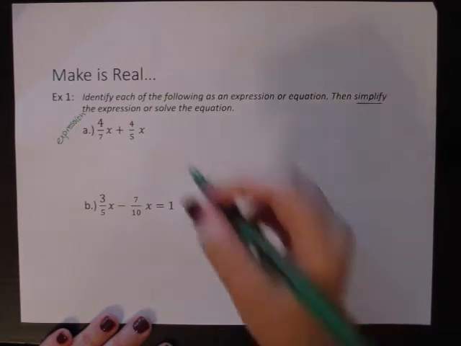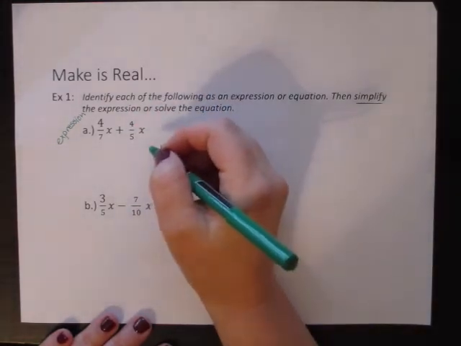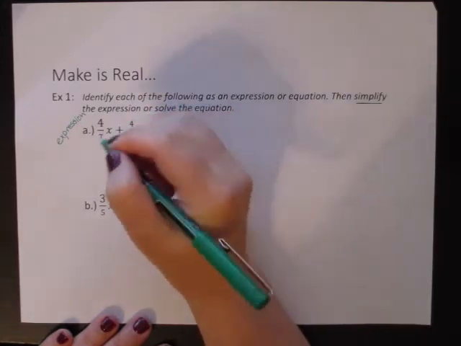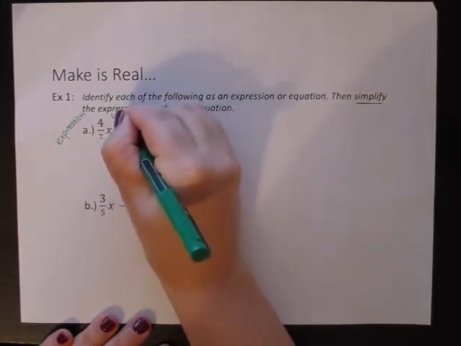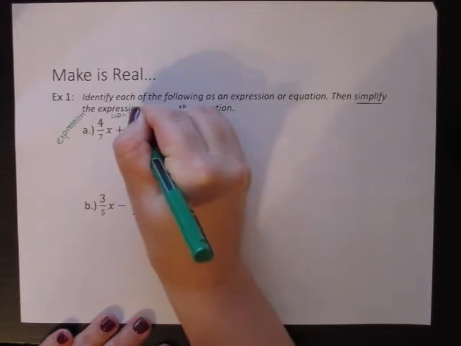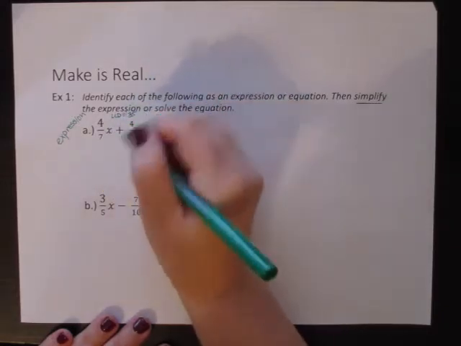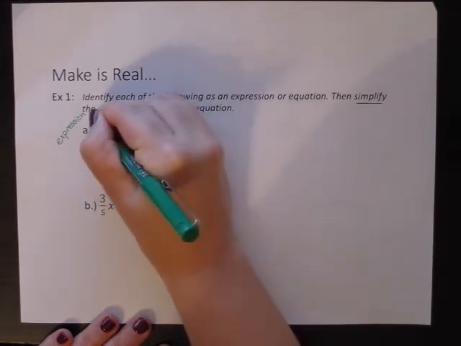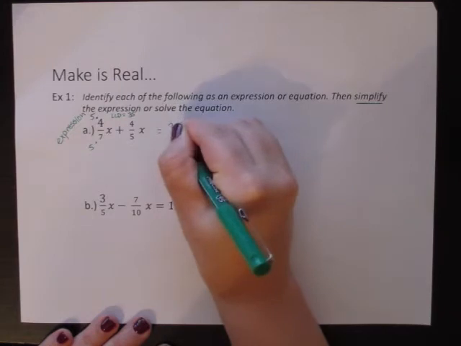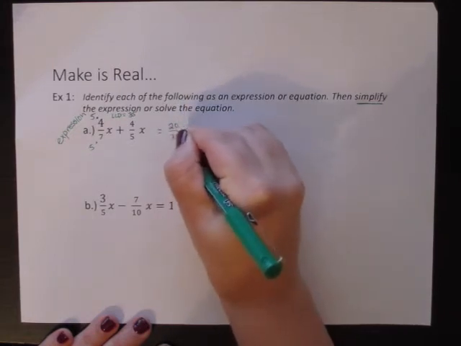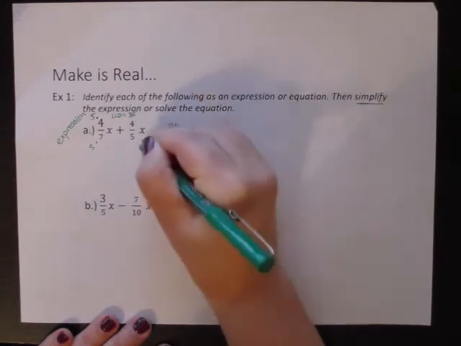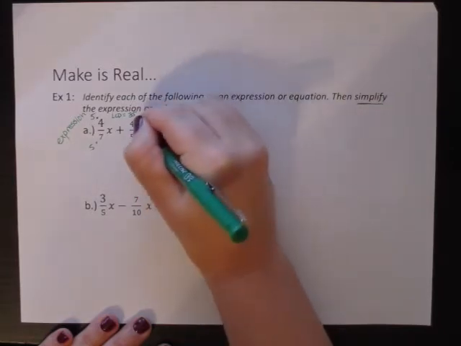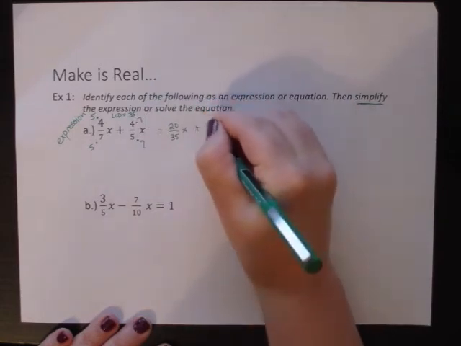So, we've got fractions. Whenever we have fractions, we have to make sure the denominators are the same. 7 and 5 are not the same, so my LCD would be 35. So 7 times what will get me to 35? That would be 5. If we do it to the bottom, we have to do it to the top. So 5 times 4 is 20 over 35x, plus 5 times what gets me to 35? That would be 7. So 4 times 7 is going to give me 28